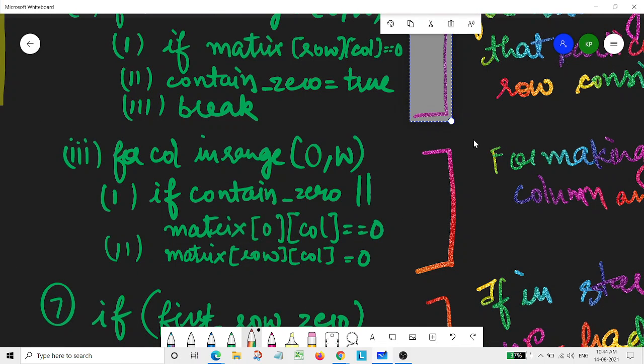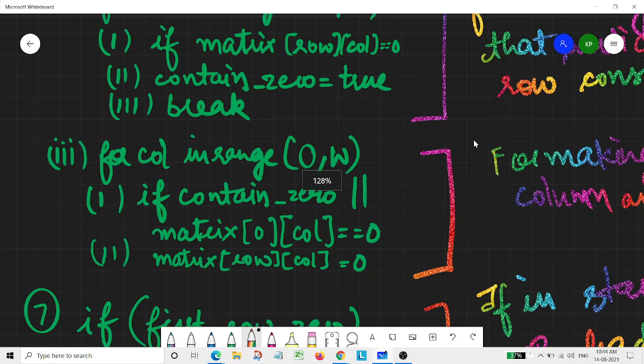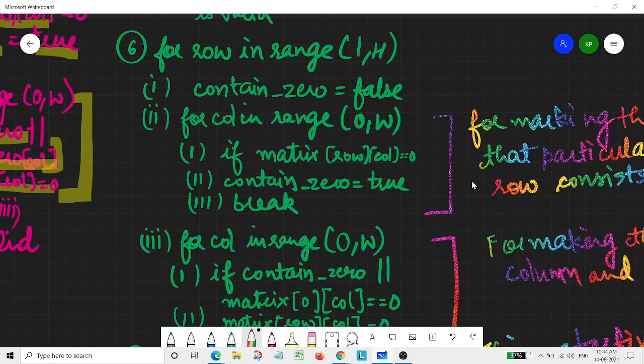Now basically in this step, we are simply checking for row in range 1 to h. We are traversing our matrix, but this time from 1 rather than 0, because in the portion of row 0 we have stored all the columns which were marked as 0.